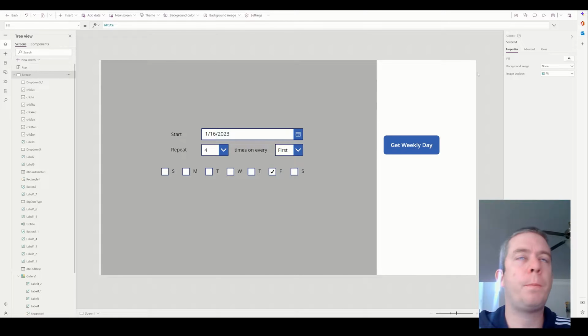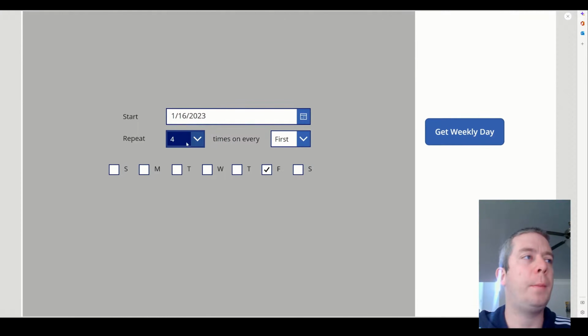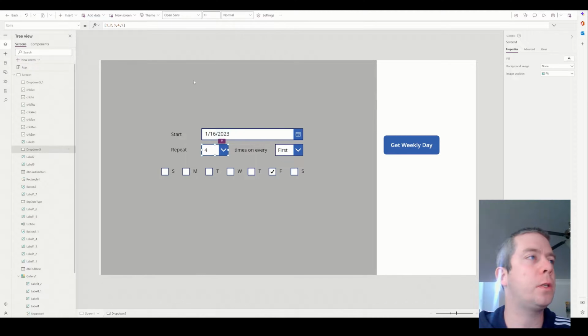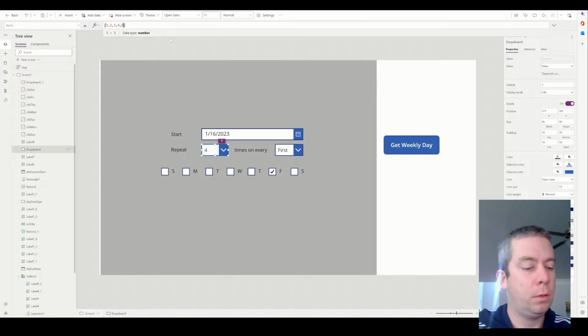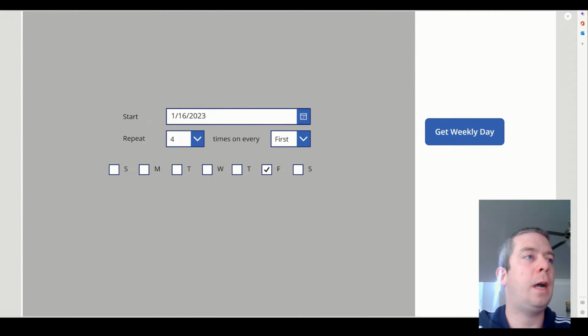And we have start, repeat every, or how many times we want to repeat. Let's go up to 12, actually. I have it to 5, 6, 7, 8, 9, 10, 11, 12. Okay? Times every 1st, 2nd, 3rd, or 4th. I also have it so you can only pick one day at a time. You could probably do it a different way, but I'm just going to do one day at a time. You can choose, repeat every Monday or Friday, and then we're going to say, repeat 4 times every 1st Friday